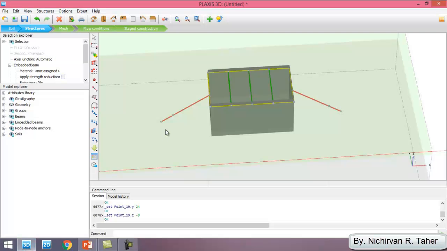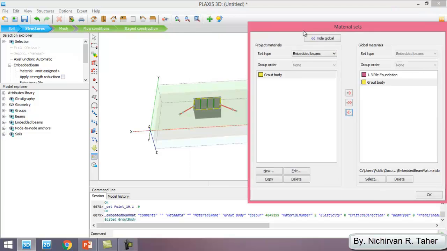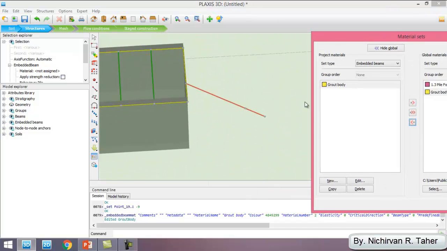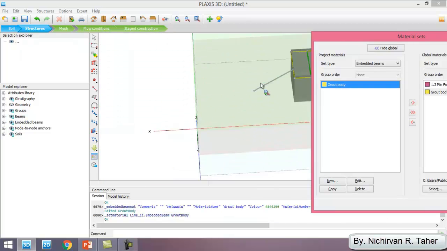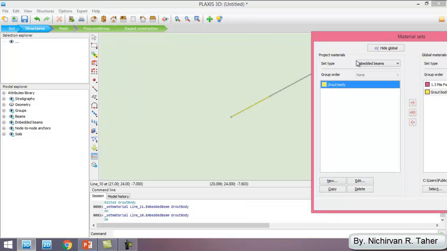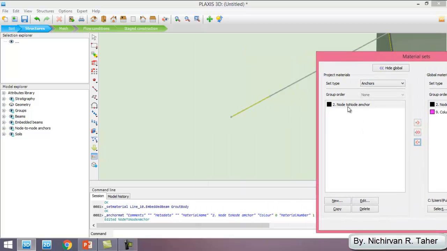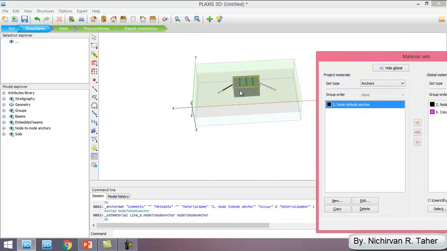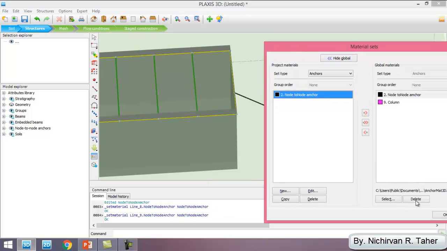So I go to materials and I go to embedded beams. This is the grout body, like that, and like that. Also the node to node anchor, like that, and I assign to this also. Okay,